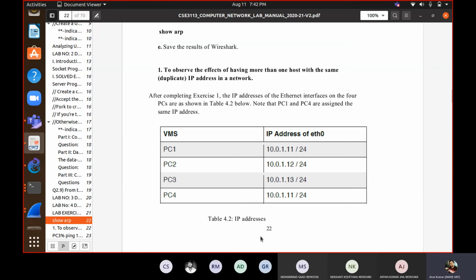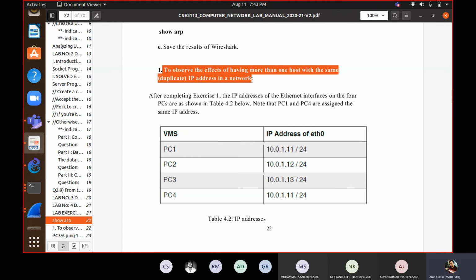Initially, when they wrote it, GNS3 used to allow duplicate addresses also, but now the moment you start configuring any device with an IP address, it will check for duplicacy. So you will get an error. There is no point in doing these things, because once you start giving any duplicate address, it will straightaway deny it. Otherwise, initially it was possible and it created a problem.